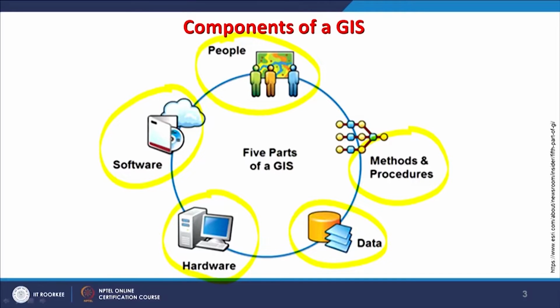And finally, of course, comes the people. People are at every stage: for handling software, for maintenance of hardware, for generation or analysis of data, and of course the methods and procedures towards the development. And on top of these, the decision makers are most important, because they are the real users of GIS, and they